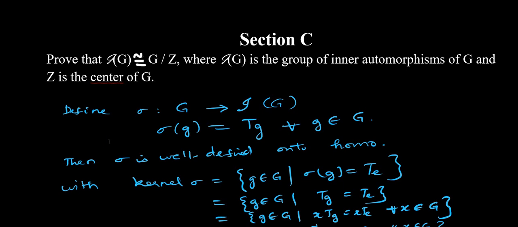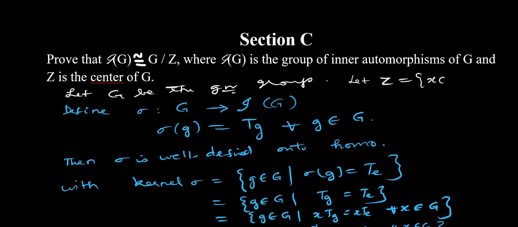Now, again, I said earlier, we'll have to write what is given to us. First, let G be the given group, and we'll have to mention what all we have here. So we'll have to mention, let Z